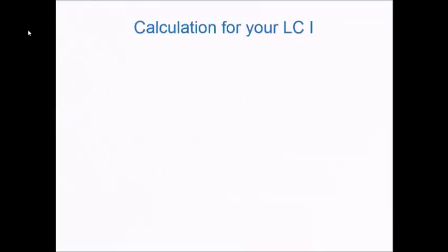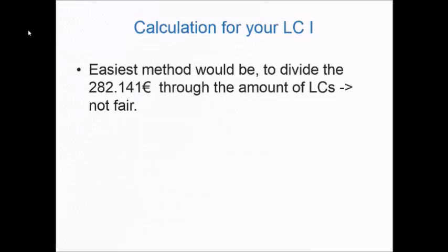How is the local committee contribution form calculated? So a theoretical way of calculating the local committee contribution form would simply be to divide the amount of 280,000 by the number of local committees, which would be 46, and then you would have an equal amount that every local